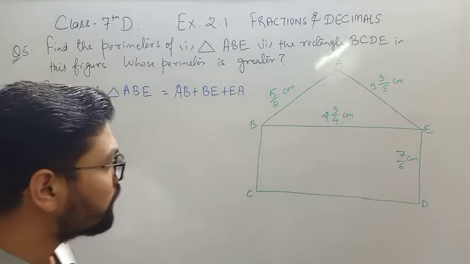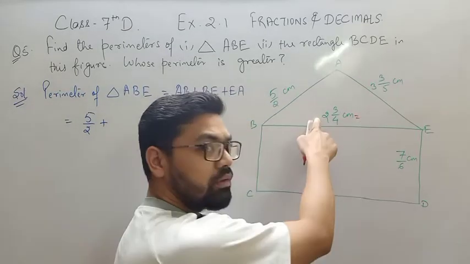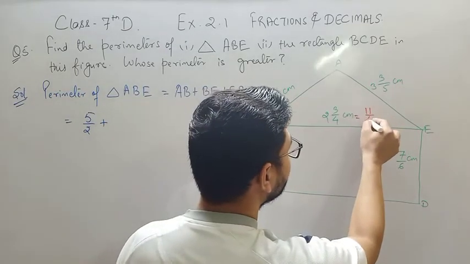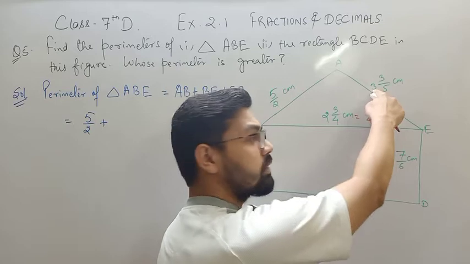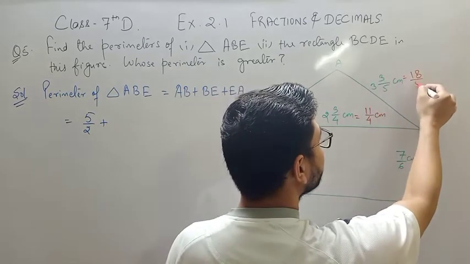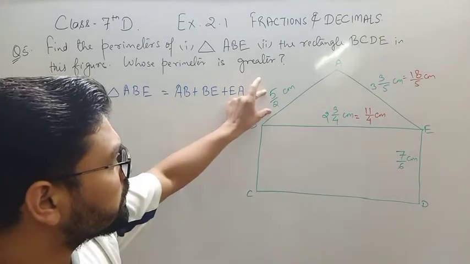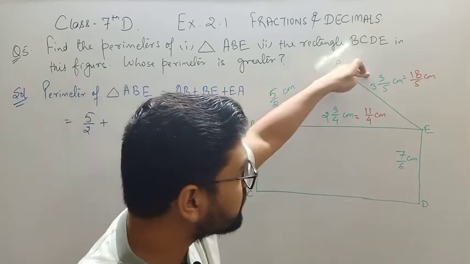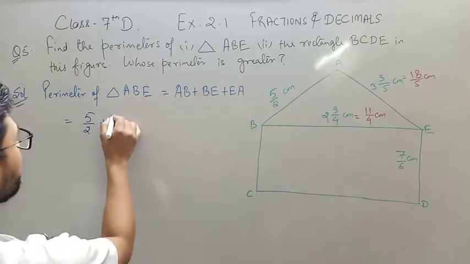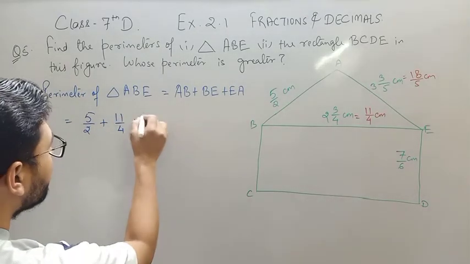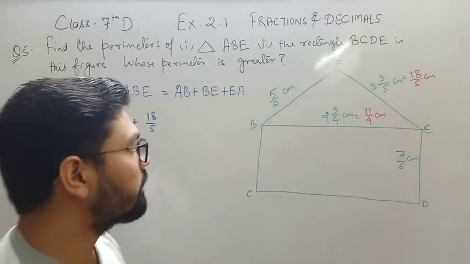plus, now this is a mixed fraction, so I can convert it into an improper fraction. How? 4 twos are 8 plus 3, 11/4 centimeters, right? Similarly, for this length, 5 threes are 15 plus 3, 18/5 centimeters. Any doubt? So I convert these mixed fractions into simple fractions. Now 5/2 plus 11/4 plus 18/5. I just need to add up these three fractions and I'll get the perimeter of this